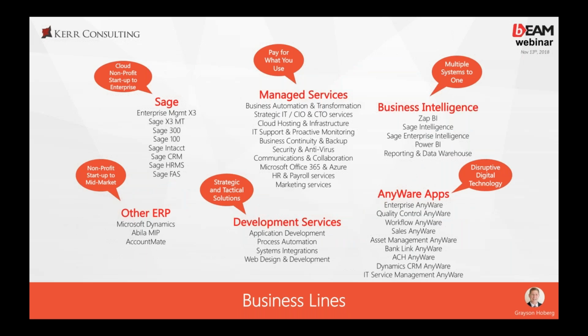So the things that we do for the clients, we sell and implement ERP systems, all the Sage products, and a few other ERP systems: Microsoft Dynamics, Abelia, AccountMate. On the ERP systems, there's a wide range of products available out there. For example, under Sage, Enterprise Management X3 is targeted for larger companies up to enterprise-sized companies, many billions of dollars in revenue,